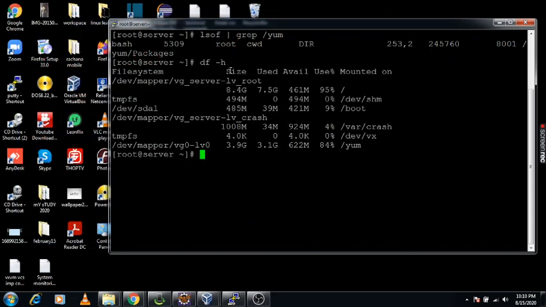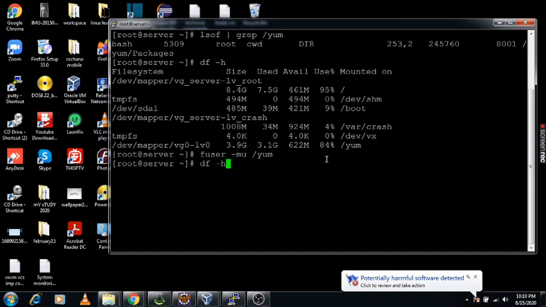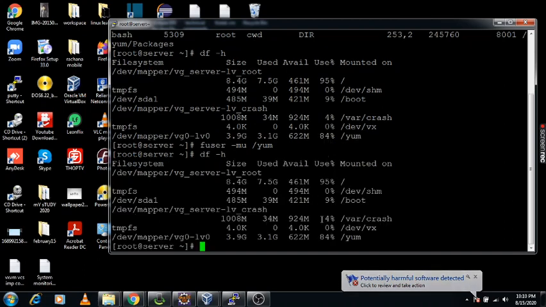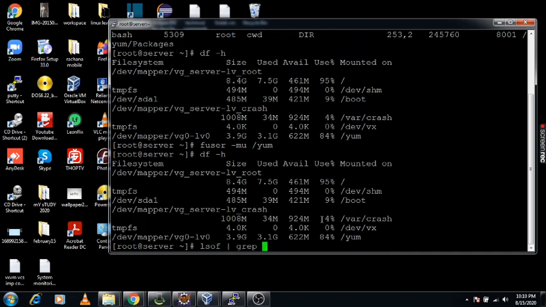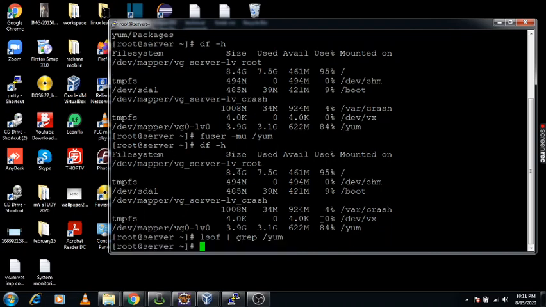Now you can check on the server, that is, I am again using fuser -mu /yum, checking it, and now I am checking lsof piped with grep /yum. You can see this lsof is now not showing any process using this yum directory.